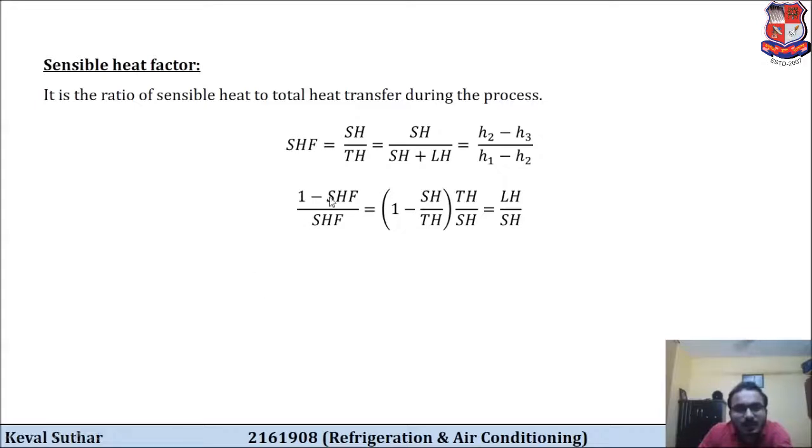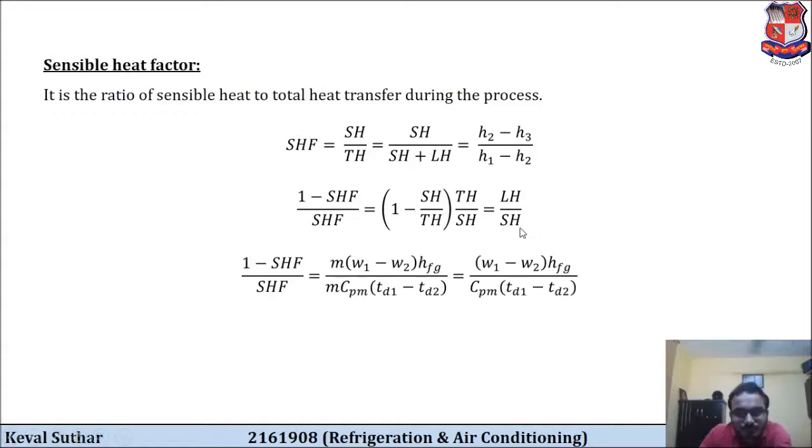And then here we have done something very different, that we have taken this term 1 minus SHF divided by SHF, and then we have done some mathematical work. So the final answer of this term is coming as LH upon SH, that is latent heat divided by sensible heat. So what we have done, that our pure sensible heat formula was only sensible heat divided by total heat. However, this term 1 minus SHF upon SHF will give us the ratio of latent heat to the sensible heat. I suggest you to pause this video and try this out by yourself, and you will definitely arrive at LH upon SH.